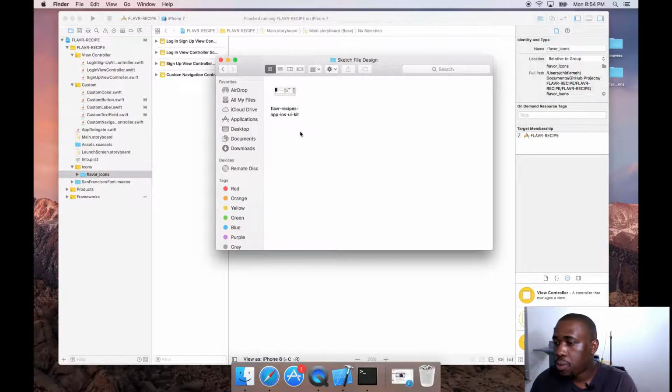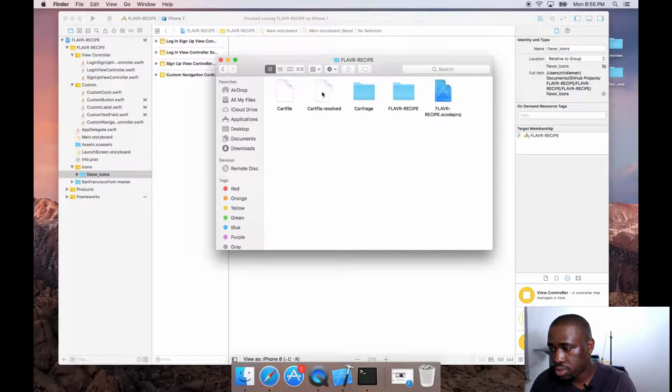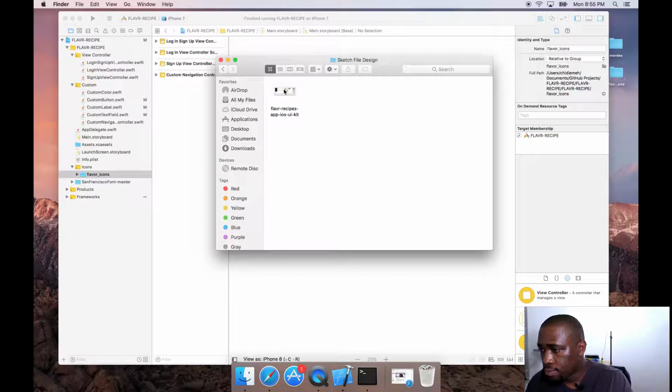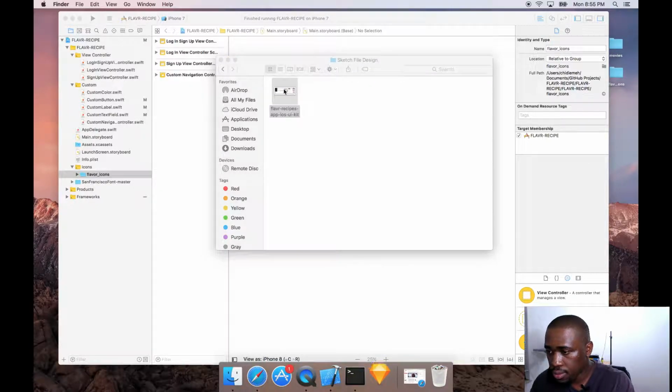I'm going to leave this folder in the drive, and be sure to click the link so you can download everything as a starter project. So this is the file here, this is the Xcode project here. All right, so I'm going to open the sketch file right now, double click that,